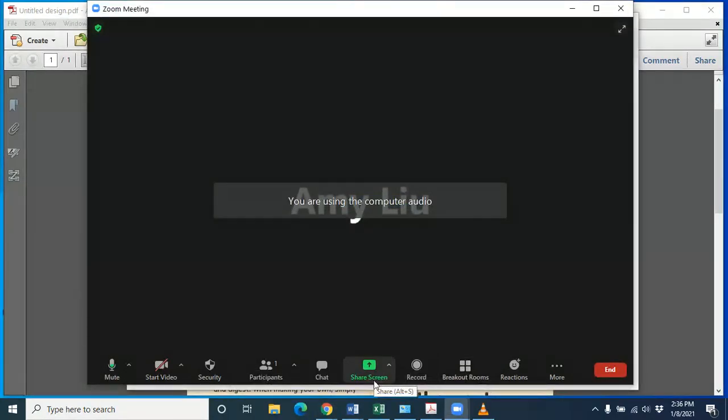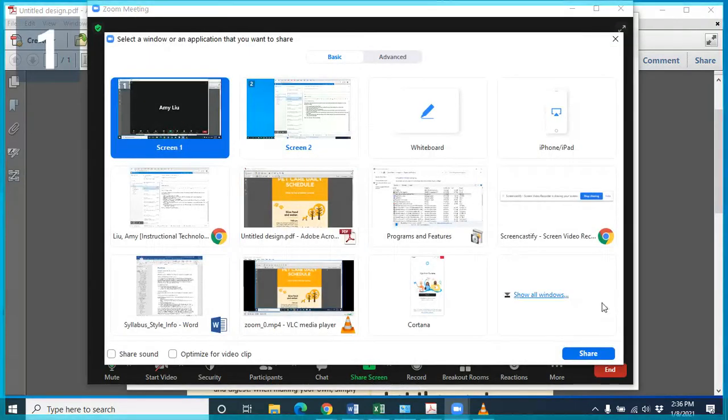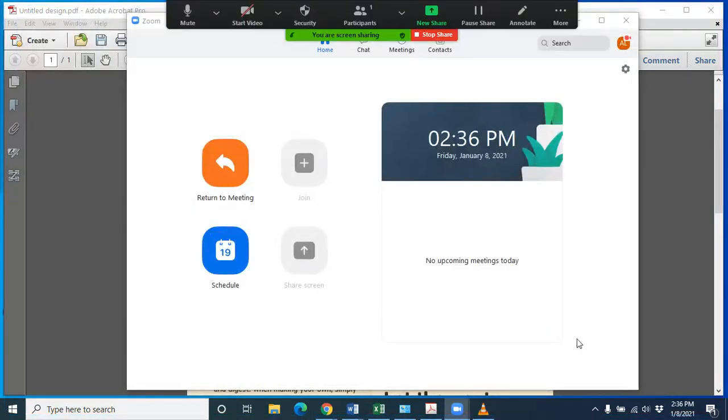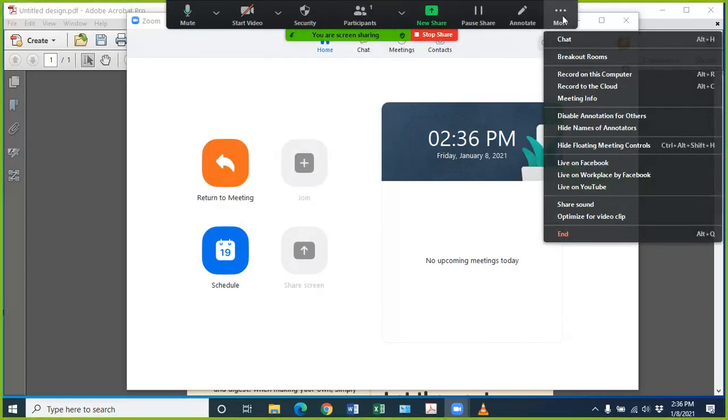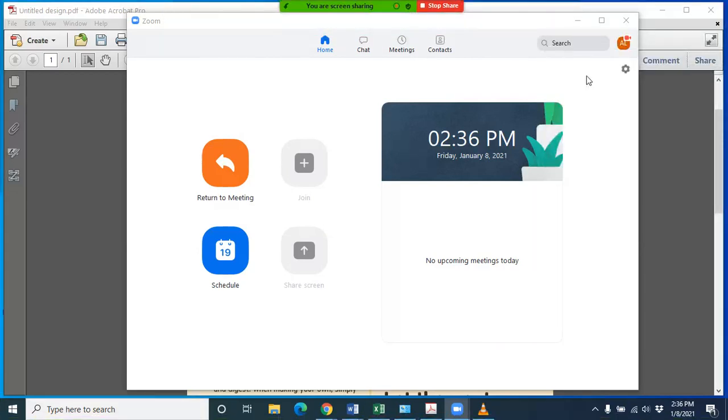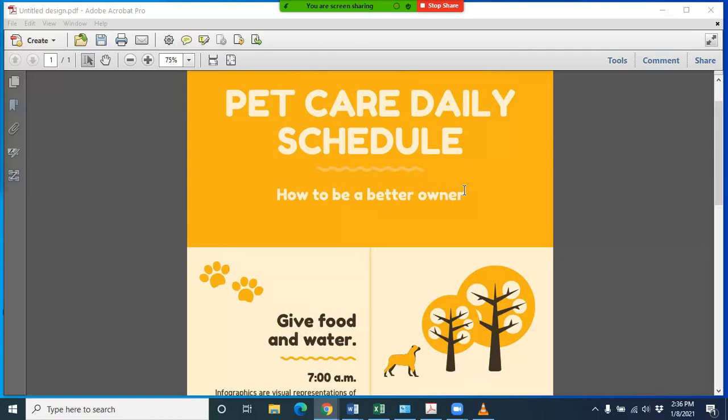Then we can click Share Screen to share our screen. On the top menu, if we click More, you can see Record on this computer. Click it. After our presentation is done, click